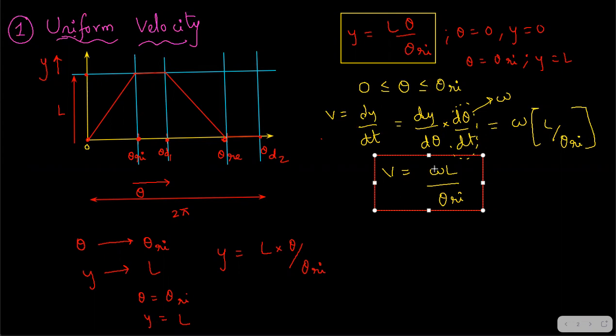Do we have any theta term here to substitute theta equal to 0? No, it means even at 0 theta angle, you have some velocity present. It means the velocity is a constant velocity. If you substitute omega, L and theta Ri values, initially itself the velocity is there. If the velocity is present initially, the acceleration will be infinite. With some common sense, I'll try to explain.